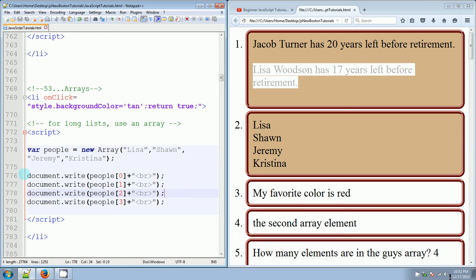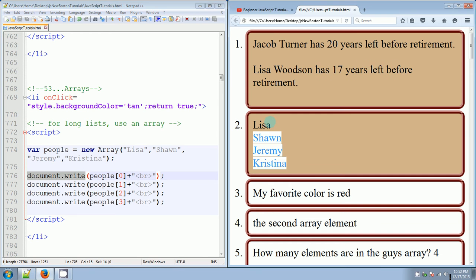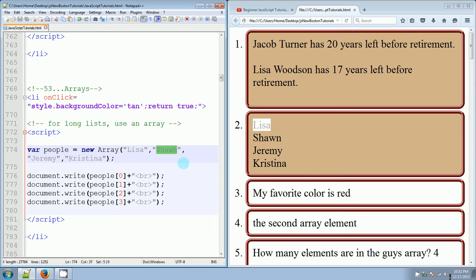So here we're going to show you how to output each of those array elements. Document.write is going to spit it out here on the screen, and the way that we get this first array element is that we use the name of the array, which is people, and array indexes start at 0. So even though Lisa is the first element in the parentheses, this isn't people 1, it's people 0, because arrays start at index 0. Sean will be at array index 1, Jeremy will be at array index 2, and Christine will be at array index 3. So that's how you get people